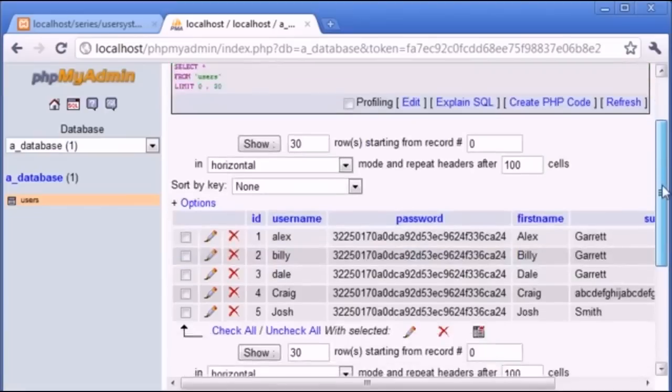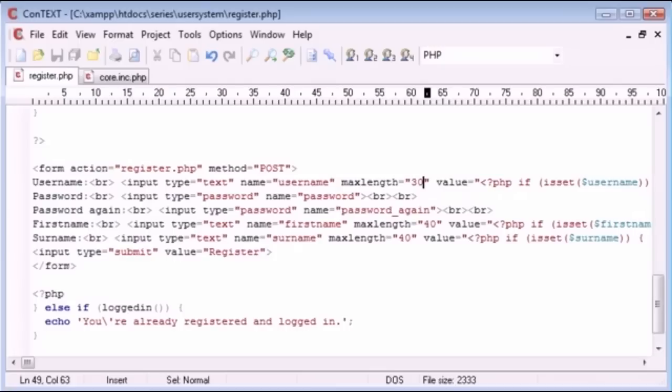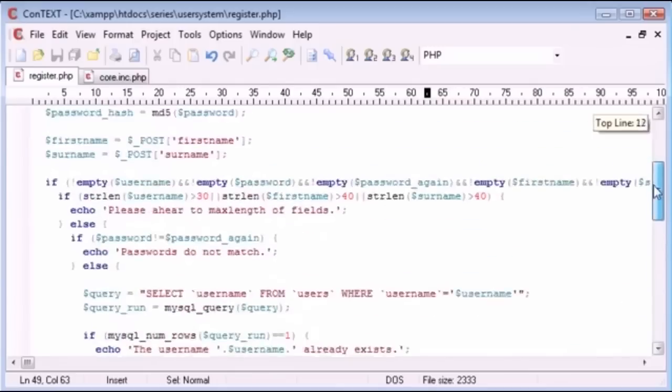MySQL. There are some exceptions. You can give it the text data type, which will allow you, I can't remember how many characters, but quite a few characters, but always give a max length in your field, and also do the relevant checks inside your